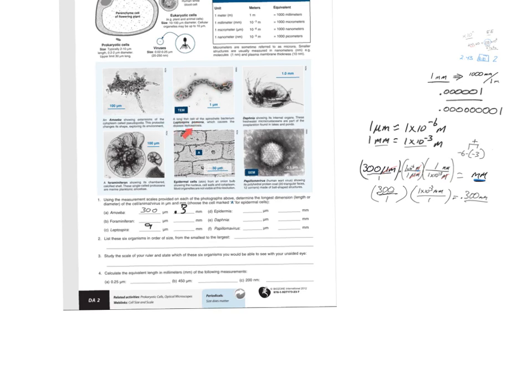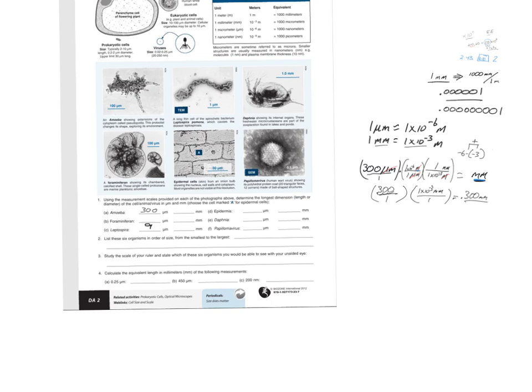As you saw with this example, this spirochete, we had 9 micrometers because it was 9 lengths from one end to the other. Now that was just a quick measurement. You could probably do a much better job at measuring that length, but in any case, converting 9 micrometers to millimeters will allow you to compare whatever it is here to whatever it is here. Now, I did put 0.3 micrometers, but realistically I shouldn't have, right? I should have put, if I want to convert it to scientific notation, it would be